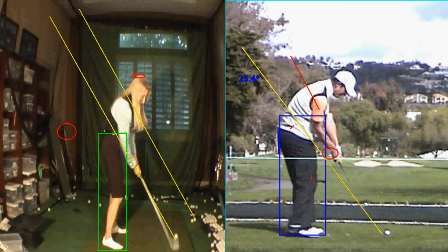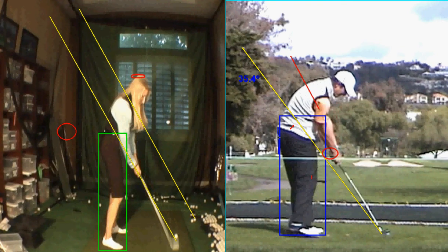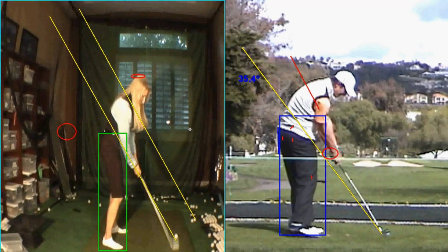With Adam Scott, I call this the double cheek thing. Cheek number one, cheek number two at impact. What that means is the hip's cleared, and now he can chase it. So if you can clear your hips, and I think you've got the flexibility to do that,